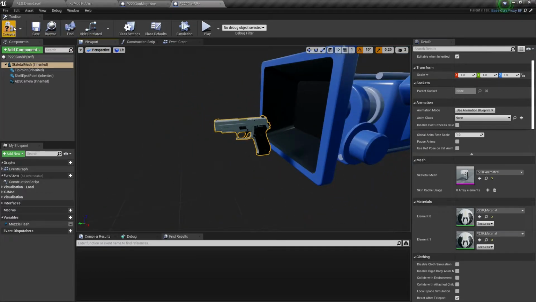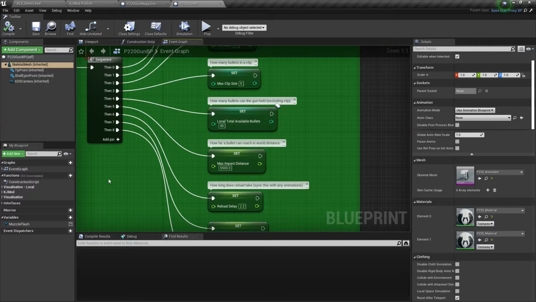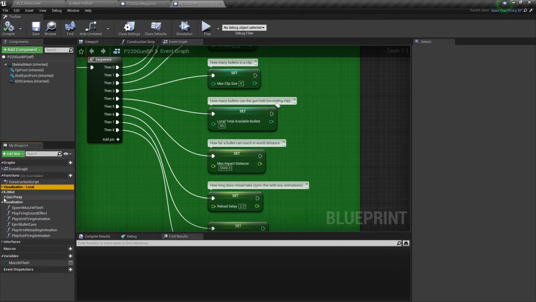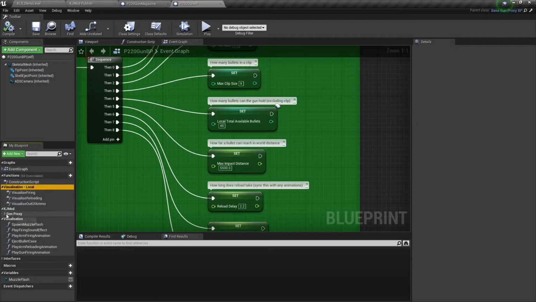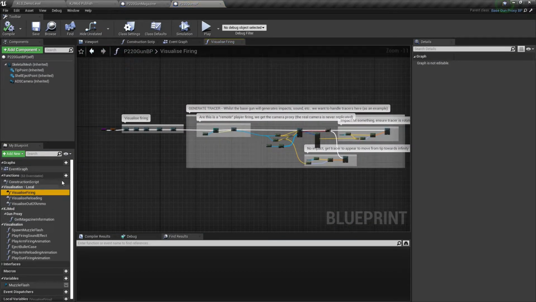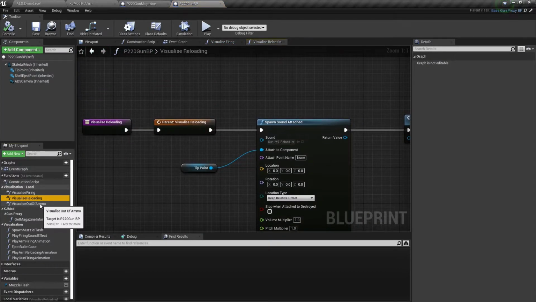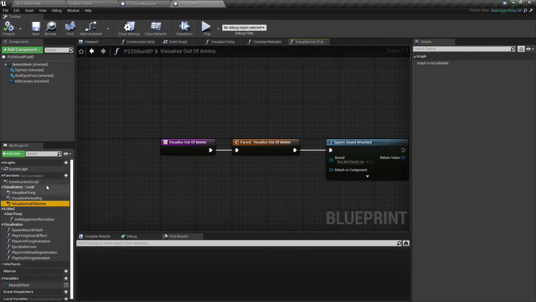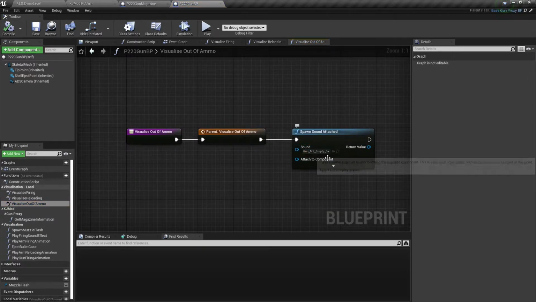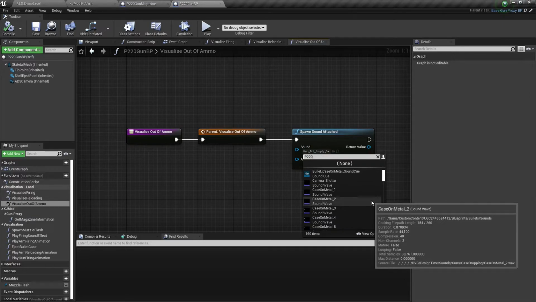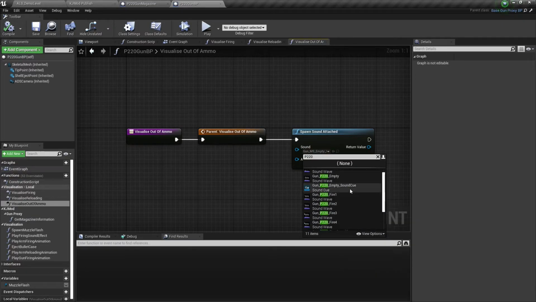Okay, next up is our animation. So if I look very quickly in here, I'll just open these up here. There's a number of functions in here. These ones I'm not worried about too much, but these are the main ones here: the visualize firing, visualize reloading, and visualize out of ammo. Now, out of ammo is easy. It's just a sound, and you see here, it's using the wrong sound clip, so we can just change that